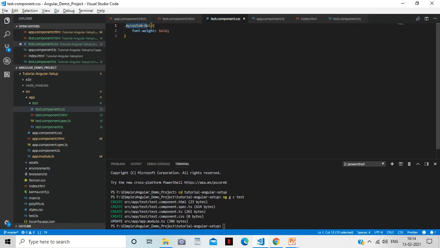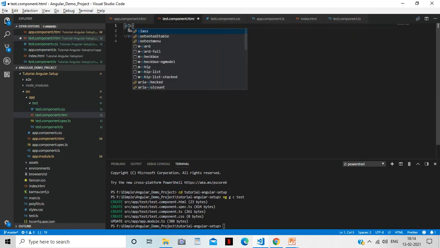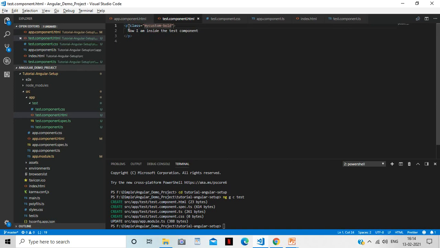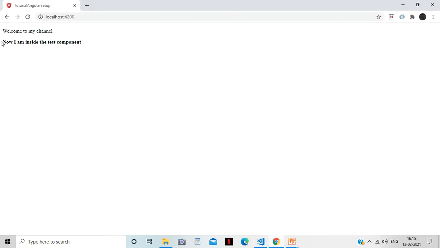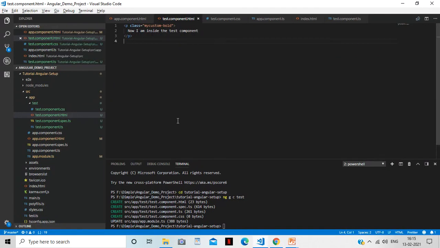Now copy this, go to your test.component.html file, and apply this custom class. Can you see? Now it is coming in bold. This way you can just play around with your components.